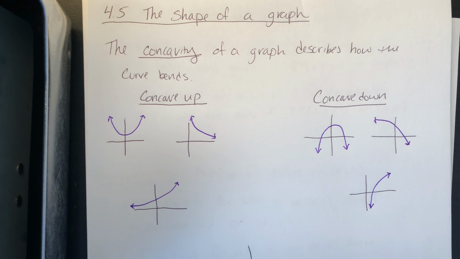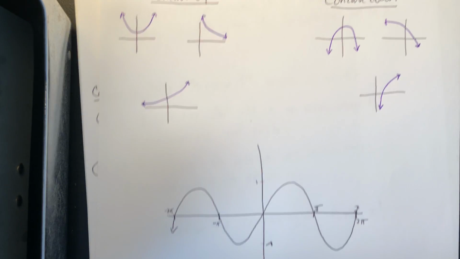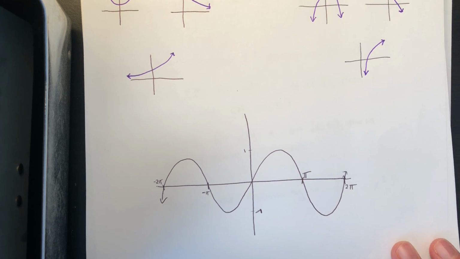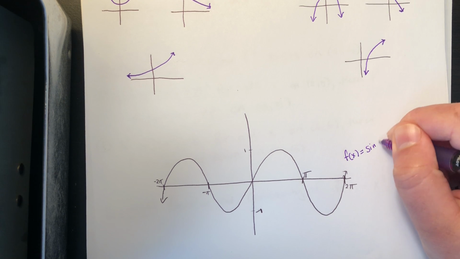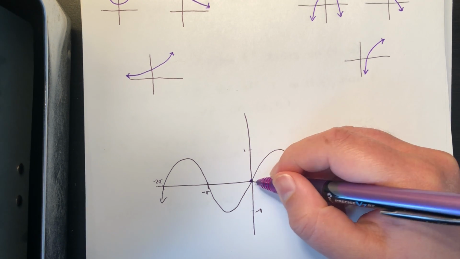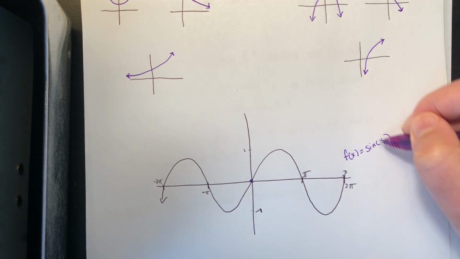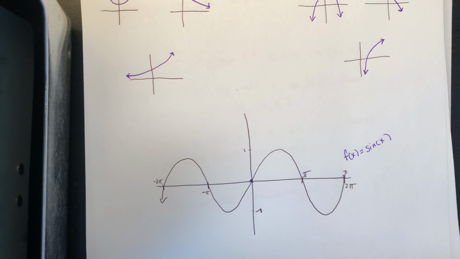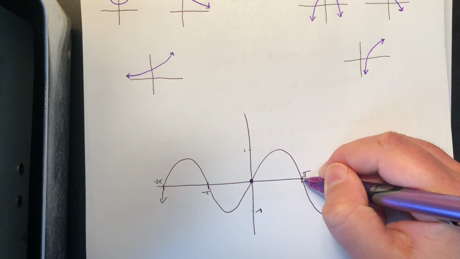Of course, a function doesn't have to always be concave up or always be concave down. A pretty standard example of that would be this function here. This, of course, is the function f of x equals sine of x. Starting at 0, it starts off concave down, and then it switches to concave up, and then it'll switch back to down and up again. It just cycles between being concave down and concave up, and it looks like it switches pretty much every pi units,